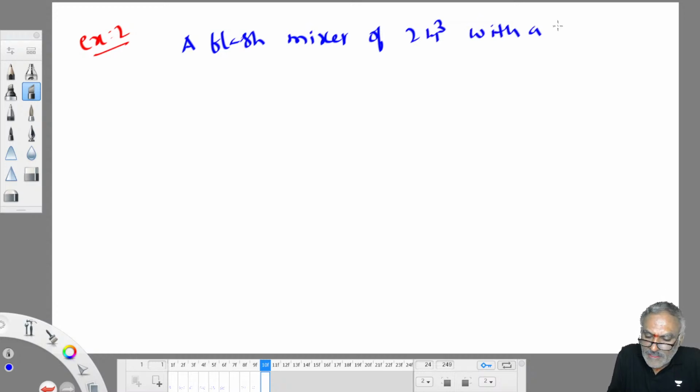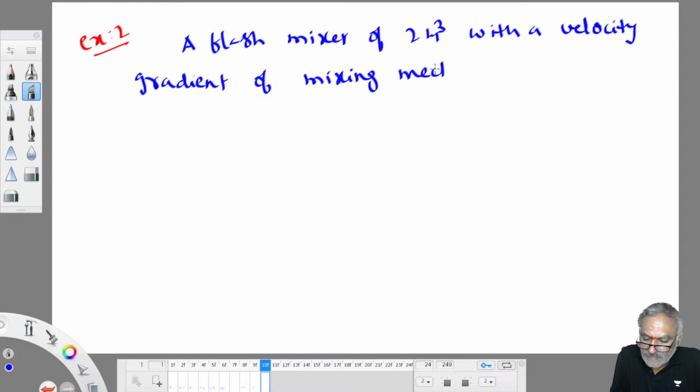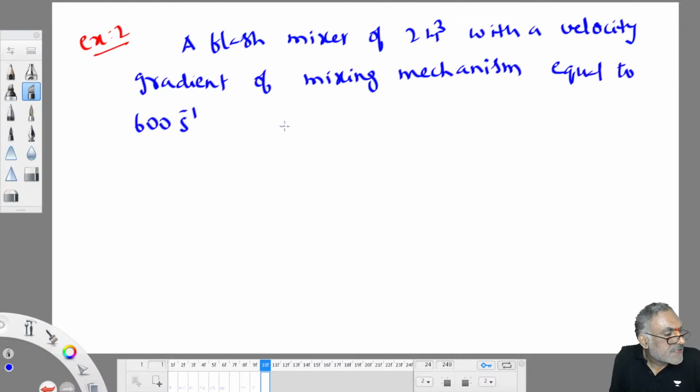With the velocity gradient of mixing mechanism equal to 600 second inverse and